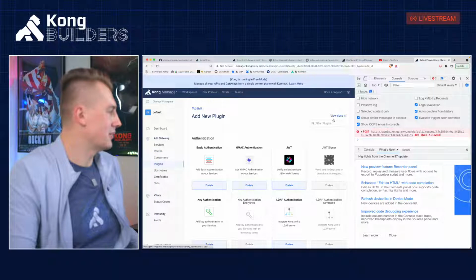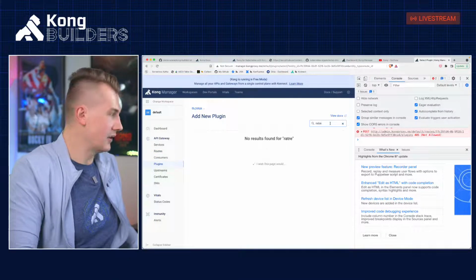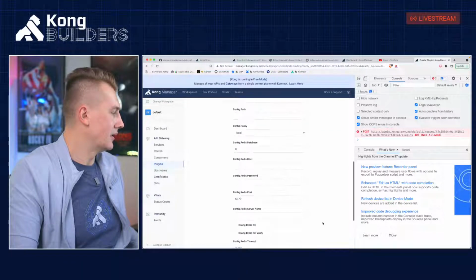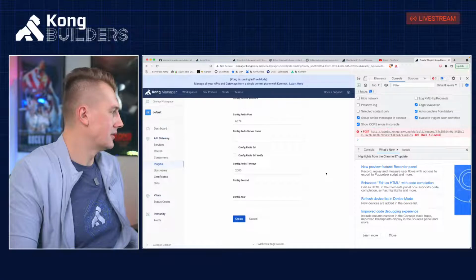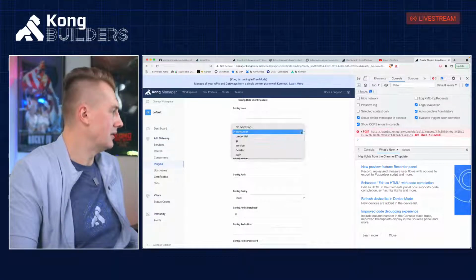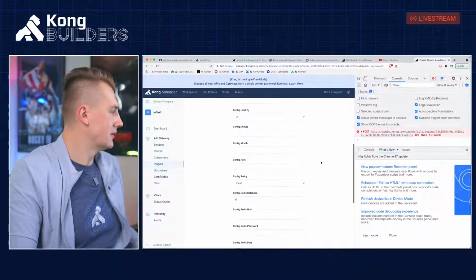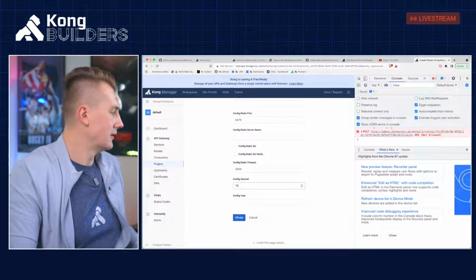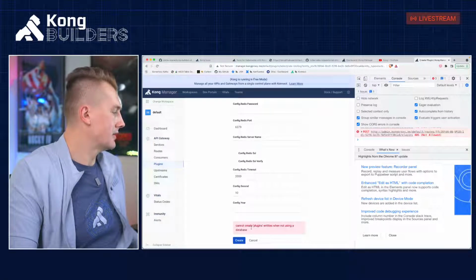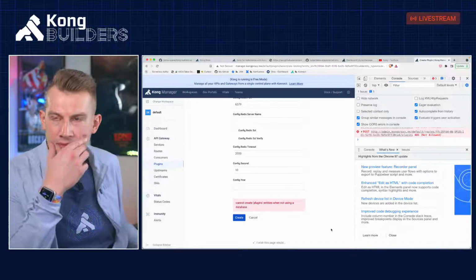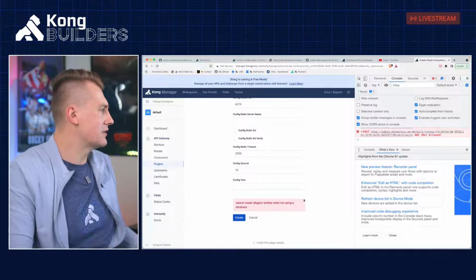So I can go ahead, add plugin here, say rate limit by IP, and config second, like 10 requests per second. Plugins, cannot create plugins entries when not using database. I was under the impression that we can do this, but okay, so let's fix this.